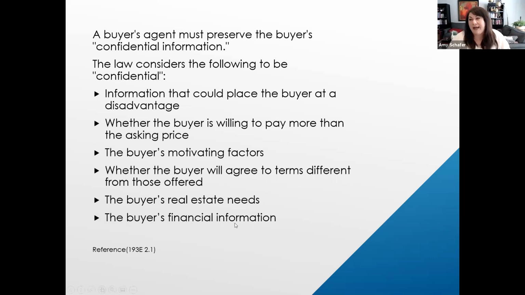The other one is also financial information. I think that we see come up quite a bit. And I know a lot of you are maybe particular about those pre-approval letters. So if your buyer is pre-approved for, this is an obvious example, 500,000, but they're only writing on a property that's maybe at 150, you're probably going to ask the lender to rewrite that letter and customize it so that it matches where they're buying. That way they don't look super, super rich to the seller, and use that as a reason to negotiate not just high in price, but also what that looks like when the seller goes to negotiate the inspection items.